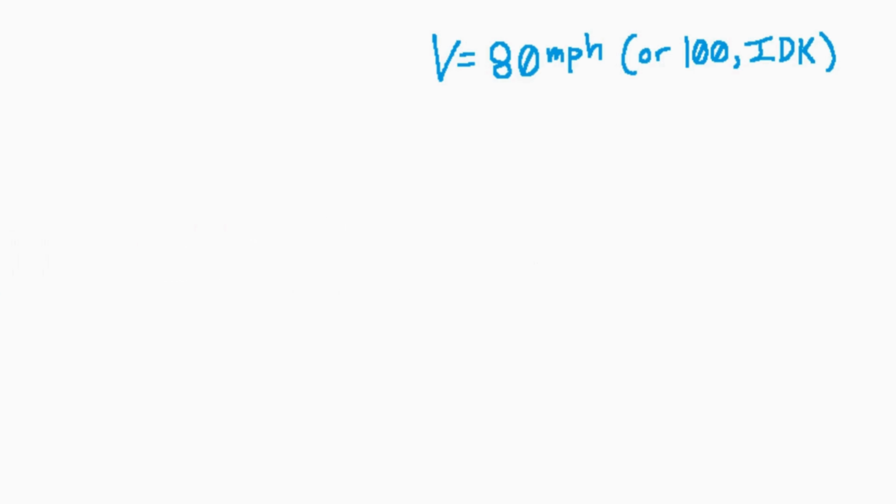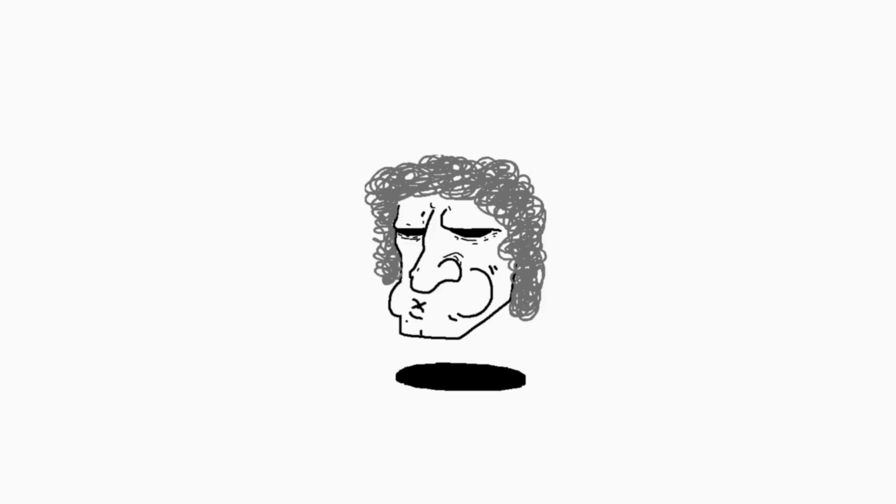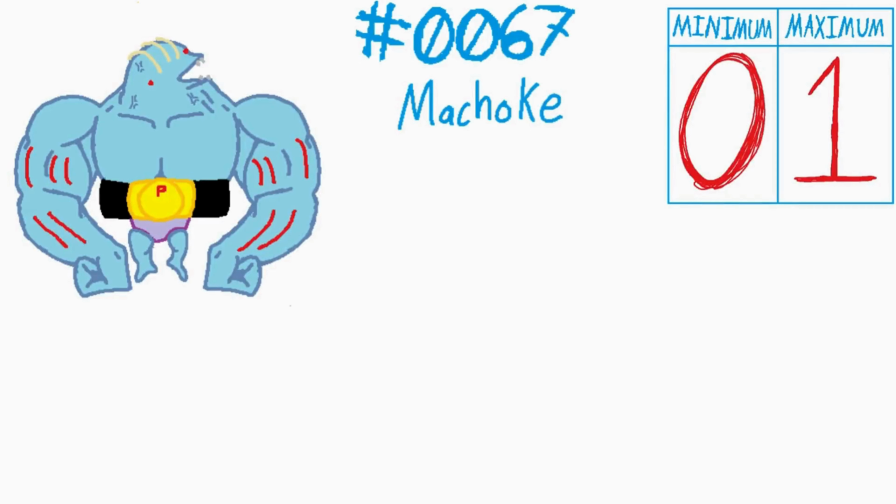What does this mean? Well, when the truck is moving at 100 miles an hour and Machop punches it, the truck still wants to move at 100 miles an hour, even though it's absolutely destroyed. So Machop might be able to single-handedly obliterate the engine, but he cannot stop the actual 80,000 pound truck in its tracks and would still get run over. We're going to be covering the law of inertia a lot in these next upcoming Pokemon. Machoke,